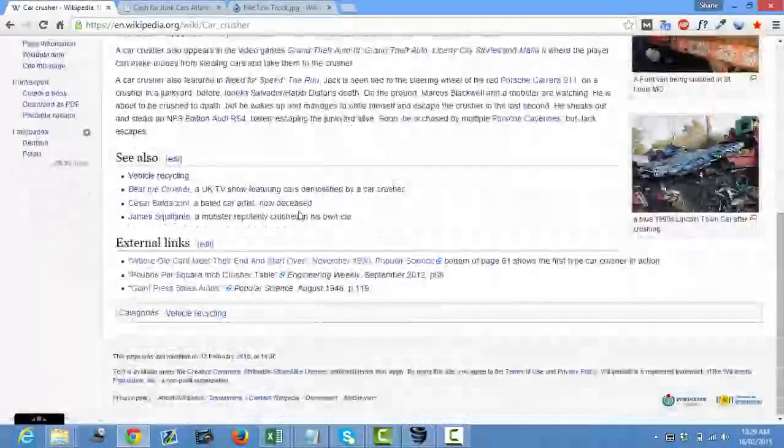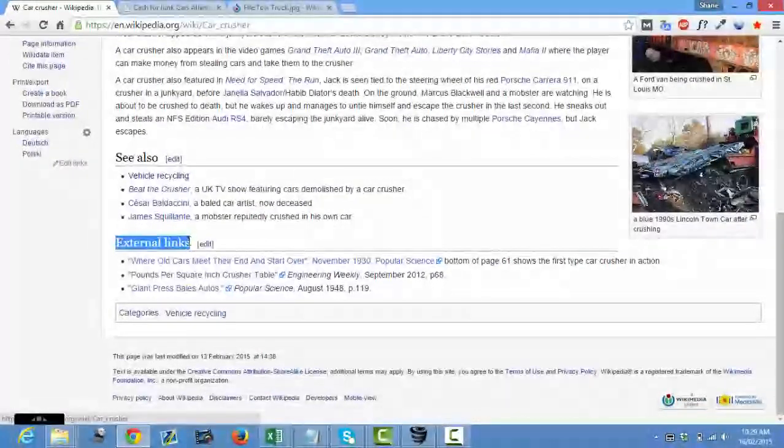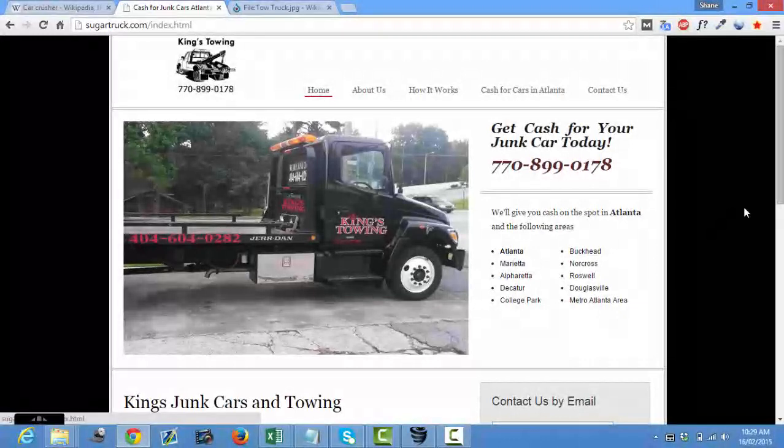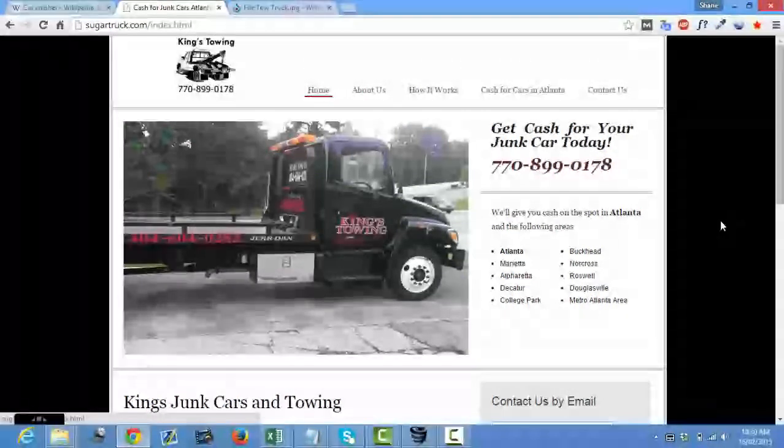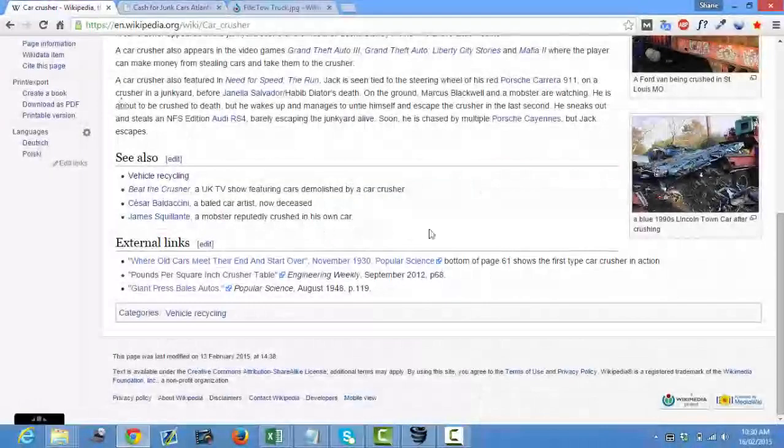So external links. And this is a good section to drop a link in because Wikipedia are expecting it to link externally. When you do this, though, I'd just like to point out, you've got to remember that Wikipedia is an encyclopedia. So people used to want anchor text like best towing truck company in Atlanta or something silly like that. But rather than do that, go for an academic sounding or looking anchor text.